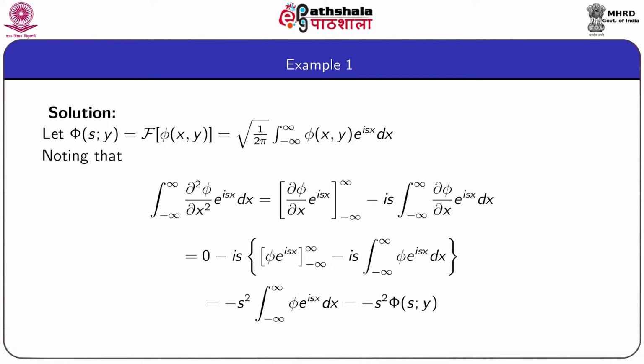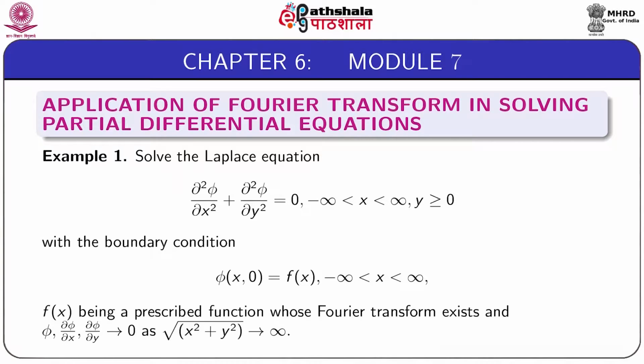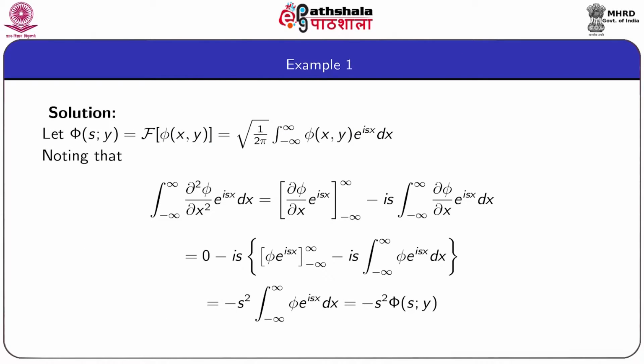Now from the condition that phi tends to 0 as root over x squared plus y squared tends to infinity, the first term here is 0, and so we write 0 for the first term, minus is, then we integrate this integral again